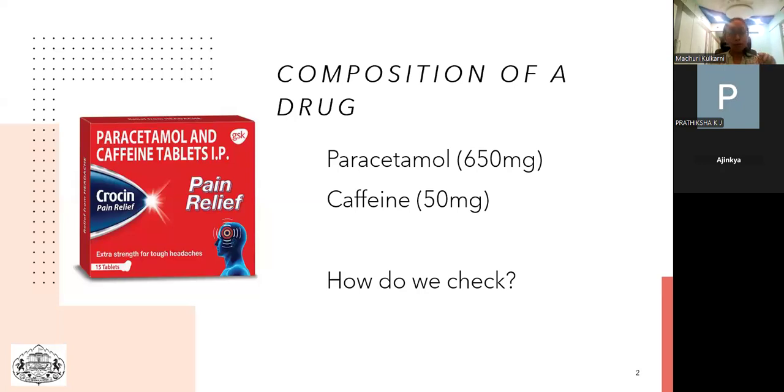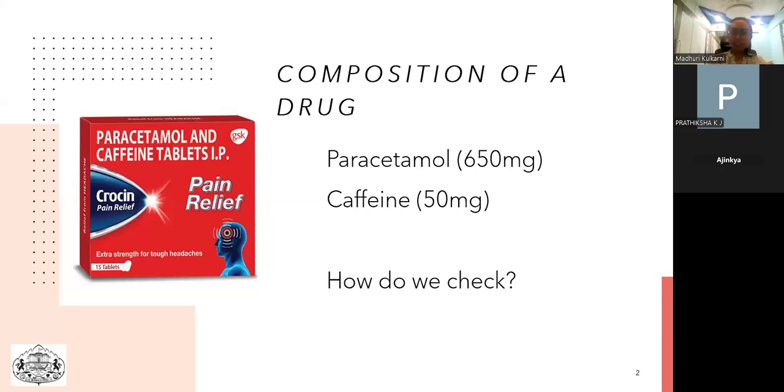What will happen if, instead of 650 mg, you have very little, say 350 or 250 mg? Will it help you in pain relief? Obviously, it won't give you much relief from the pain. So the proportion in which these two are included in a tablet matters a lot, and this proportion can't deviate much. Even if you reduce it to 600 or 500, that would still impact the result one gets after taking that kind of tablet.